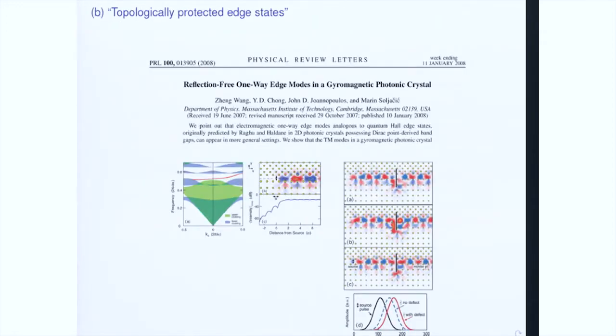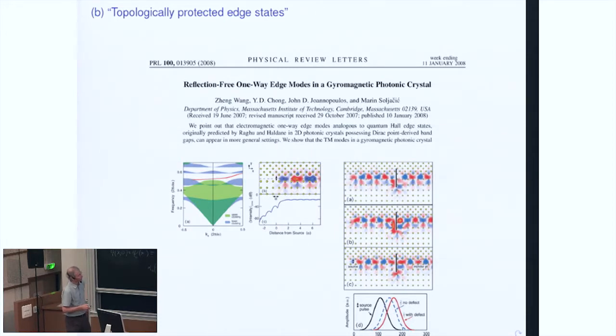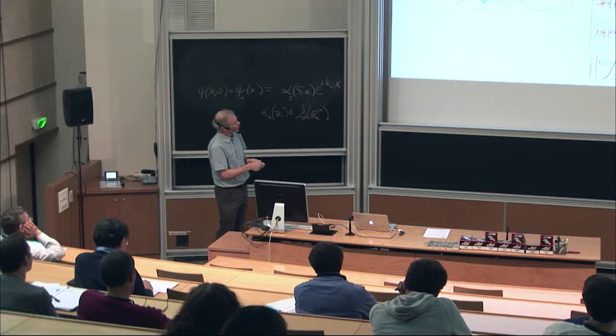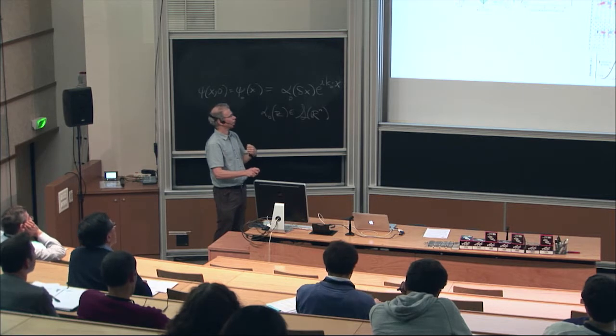A second reason why these are important is the existence of topologically protected edge states. In this picture, this is work done by Marin Soljacic and co-workers, where they take two structures, one with a Dirac point, one with a conical singularity in its dispersion relation, and another structure which doesn't, and they interface them. Since there's an interface between two different structures, you expect surface waves. But the remarkable property of this interfacing is that you can excite waves which propagate in only one direction. There's no back propagation.